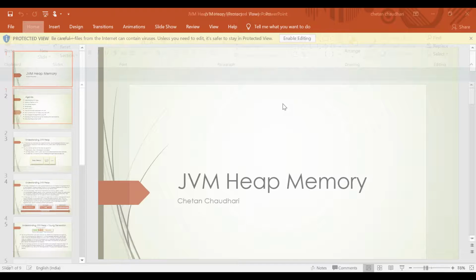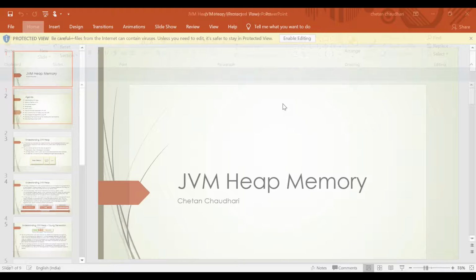For some specific JVMs, they also call it the nursery space. For example, for JRockit or some other JVM, they call it a nursery space. So the nursery is where the new objects are getting created. Once these objects are created, there is a particular threshold. By default, the threshold value is 8 or 7 for some HotSpot JVMs.